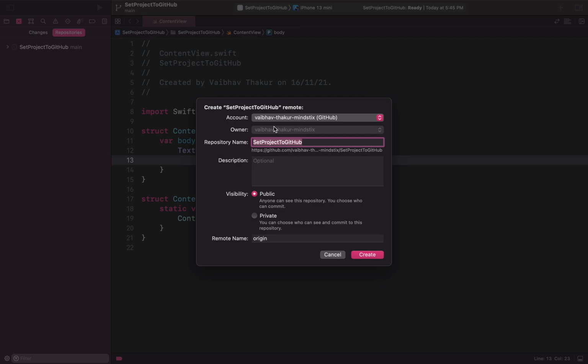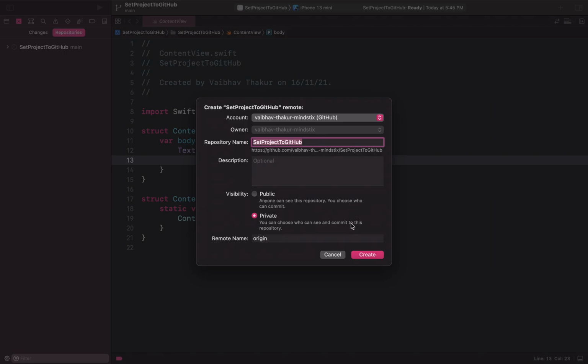From the drop down just select the account which you want, and then the owner, it will automatically select the name of your repository, and then a little description if you want to add, and then select your visibility. So I'll choose private, and the remote name, keep it origin only, do not change this.